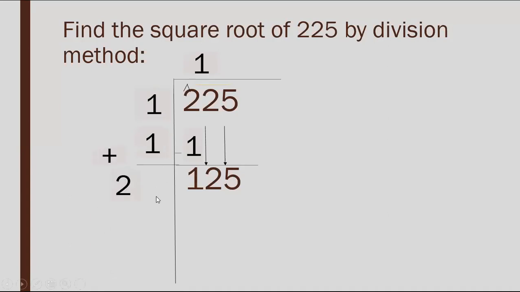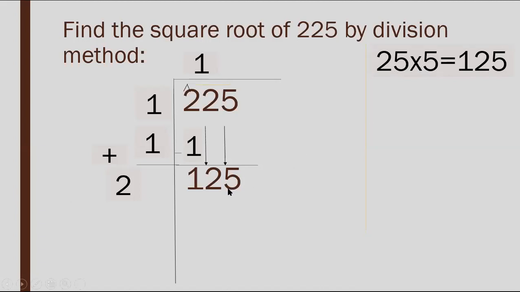Now, this step is very important. We have to find the number which when multiplied with such a number gives 125. That means 25 into 5 is 125. Here you can see that on the ones place there is 5. So there is no need to take 1 ones are 1, 2 twos are 4, because we know that 5 into 5 is 25. Okay, we have to check the ones place. If on the ones place there is 5, that means we have to take the number 5 here.